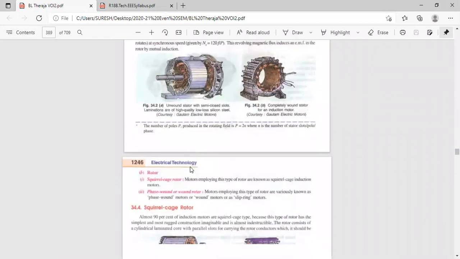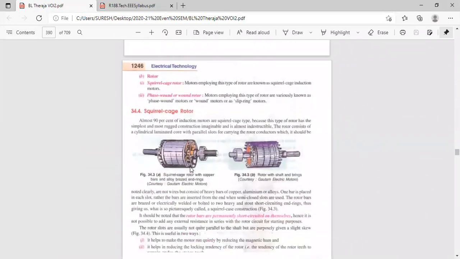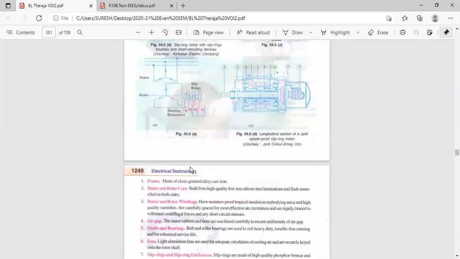So in the three-phase induction motor, we have discussed the stator first of all. The stator has three windings. This stator is the primary winding. Three primary windings are there. The rotor is the secondary winding. Three secondary windings are there in the rotor. Three-phase connection, three-phase induction motor we are discussing. These three stator windings are connected to the three-phase supply.